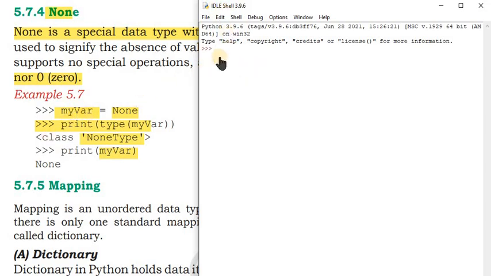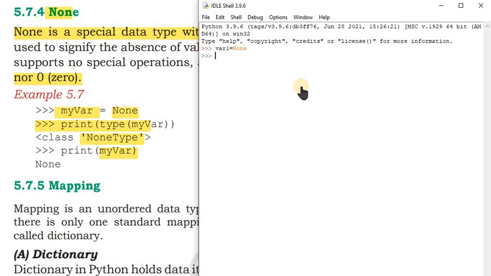Instead of myvar, I take a variable var1. Var1 is our variable, and in this situation I don't have any value to assign to var1, so I assign None.